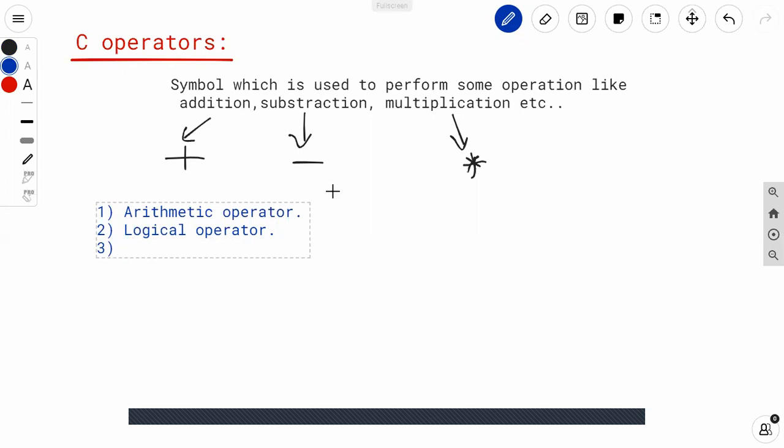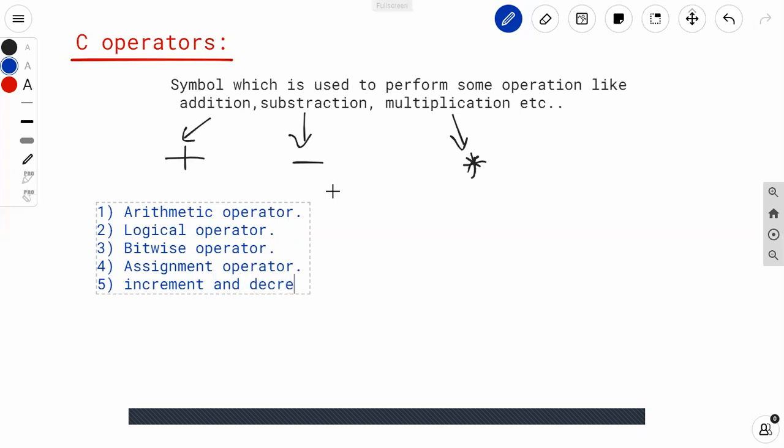Then next one is bitwise operator. Fourth type is assignment operator. Then fifth one is increment and decrement operator. Then next one is relational operator, conditional operator, and some special operator.